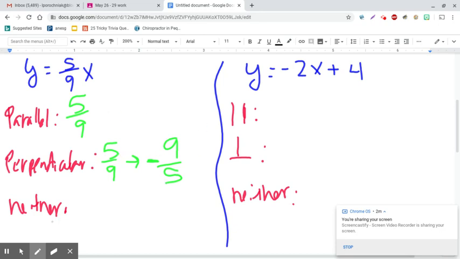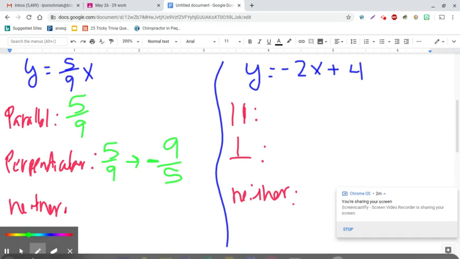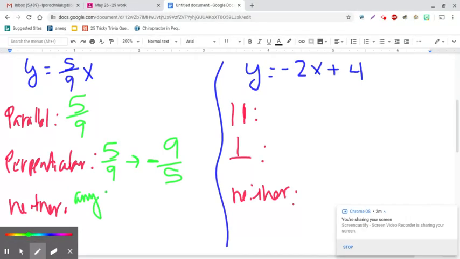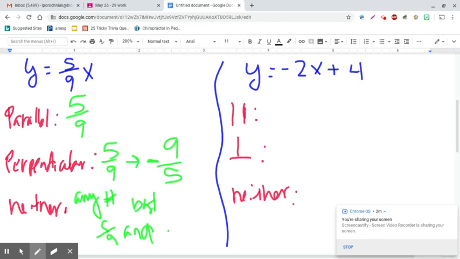Now, neither. Okay? Neither is any number, but what? Not 5/9 and negative 9/5. So as long as the number isn't that, you're fine. You could do 1, 2, 3, 4, 5, 6, 7, 8, 9, 10, 11, 12, all the way up. You could do negatives too. As long as you do not do a 5/9 or a negative 9/5,